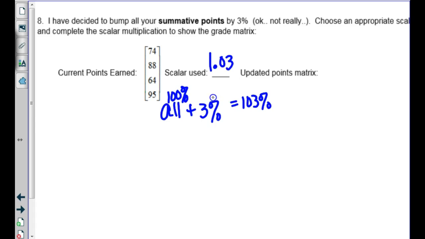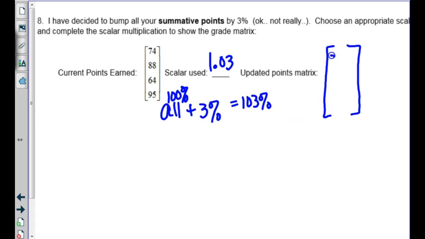All right, do you really need to put this in as a matrix? You sure can, but could you just do 74 times 1.03? Okay, so give me the new entries. Now, it doesn't specify. I think the one on the quiz is money, though. If it's money, what would be appropriate to round to? Yes, 2 decimals, okay? We can go ahead and practice that, even though it's kind of weird for this question, but 74 times 1.03,